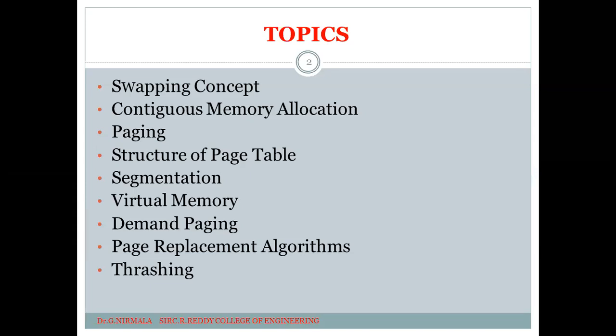Then process scheduling is the main and foremost functionality of an operating system. Scheduling, you have several types, all will be discovered in the second unit. That's why process management and memory management are the two most important aspects of operating system. Now, given the brief introduction about memory management.